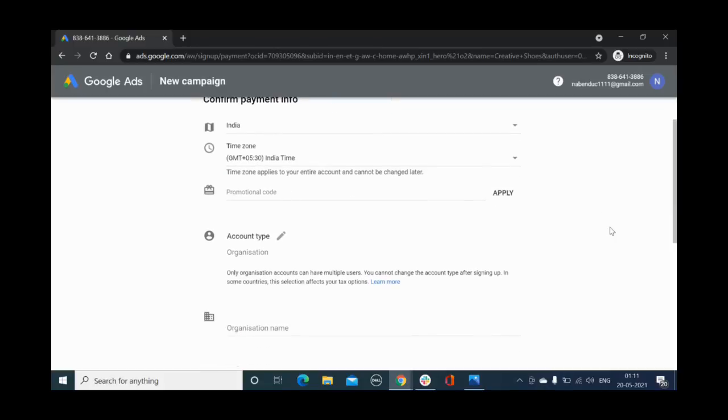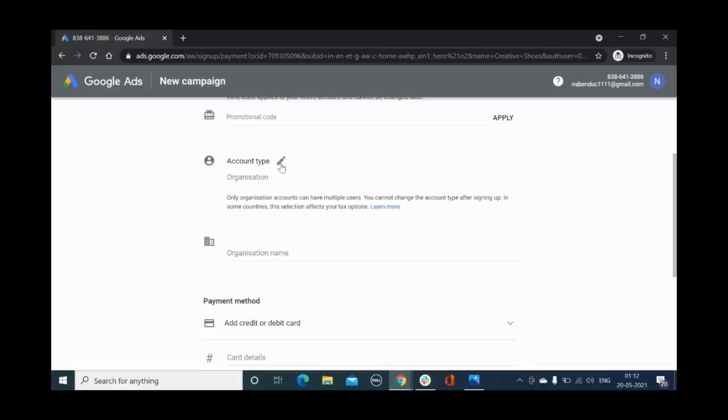Promotional code, if we have any, you can select online. There are sometimes promotional codes which when you use, Google gives you a free credit of a certain amount to you, usually 2,000 rupees, that can be used or applied in the ad. Mind you, this 2,000 rupees is not something that can be used like this money belongs to you. This 2,000 rupees can only be used when you use 2,000. So Google matches that amount to be used on ads. We do not have a promotional code at the moment, so we'll just leave it blank.